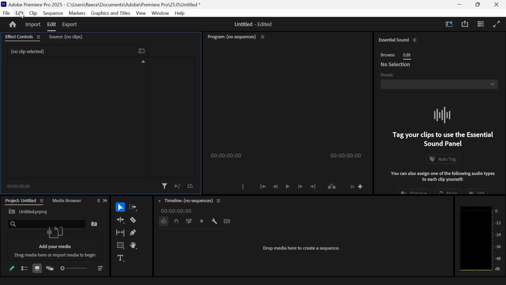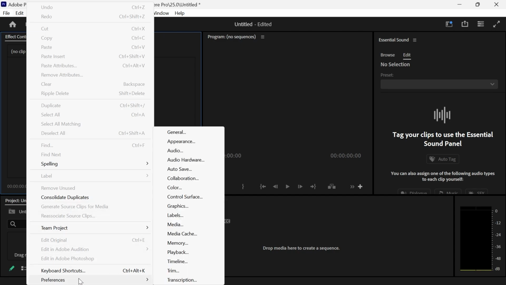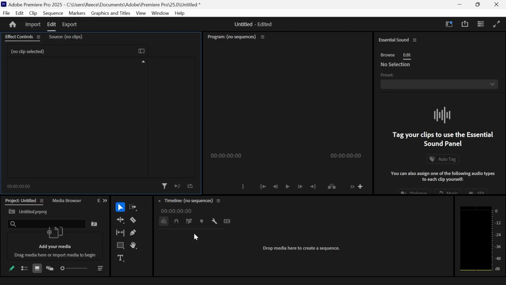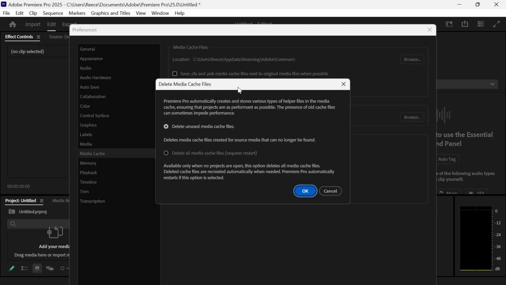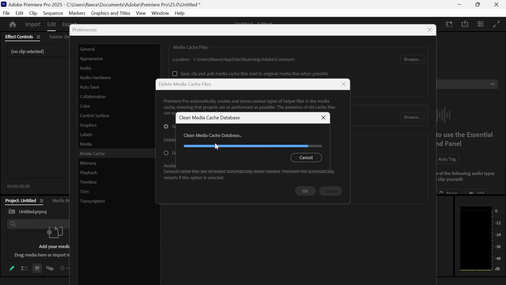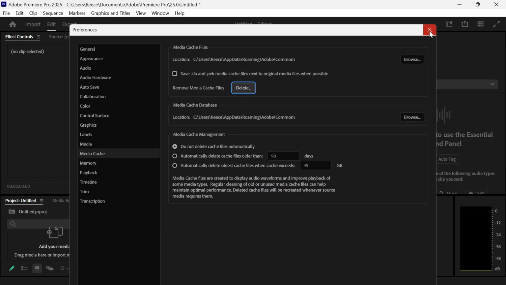So the first step is just to click on Edit in the top navigation, click on Preferences and select Media Cache. Now next to where it says Remove Media Cache Files, click on Delete. Click on Delete Unused Media Cache Files and press OK. Then give that a couple of seconds while it goes and runs, and you can then close out of this